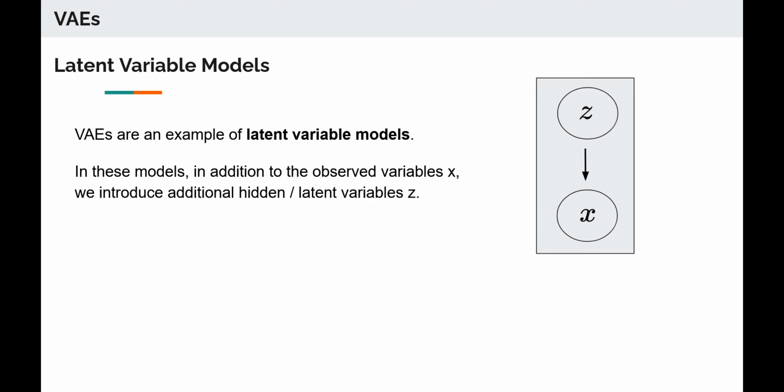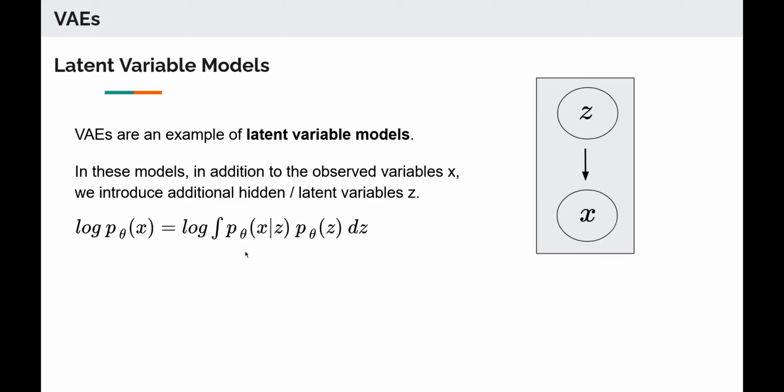So this is more abstract information, which is not the same as the pixel level information. But we don't have access to this hidden representation. Okay, so those hidden representations or latent variables are what are known as Z. Now, in a latent variable model, we can write down the P of X or log of P of X